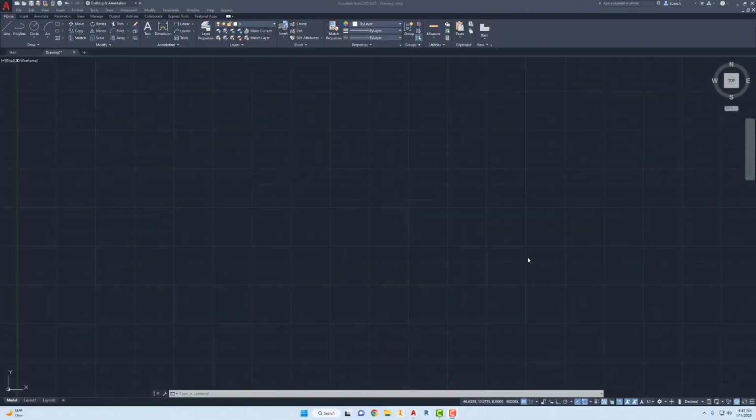Hey, welcome in everybody. In this video, I want to go over how to create lines using absolute coordinates. But before I do that, I want to show you how to set up your drawing. Whenever you first open up AutoCAD, you're going to see your screen is similar to what I have here. The first thing you want to do though, is figure out,